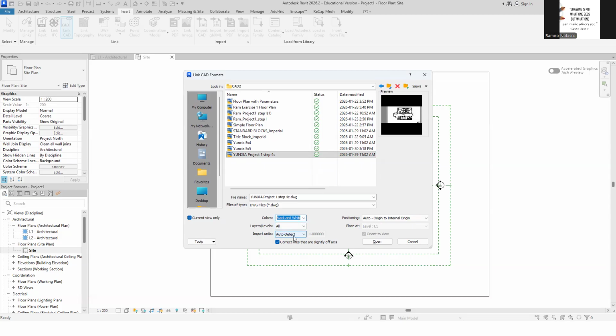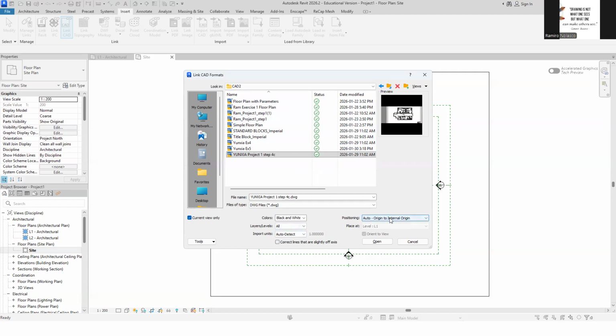Normally it does. And because we have some lines that are a little bit off, right? Maybe slightly off axis, we don't want Revit to correct that. See, our site plans sometimes are a little bit sloped. We don't want Revit to be correcting it. So uncheck that.